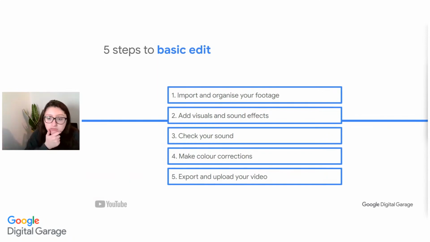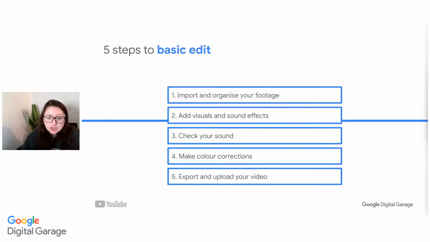Check your sound. Try listening to the audio with your eyes closed. Does it all sound high quality? Is it too quiet? Is it too loud? Can you blend it together to keep a nice balance there? Do you need to make any color corrections? Depending on the project, you might do a couple of color corrections, fix a bit of brightness to make sure that all the shots match, especially if you film different parts at different points.